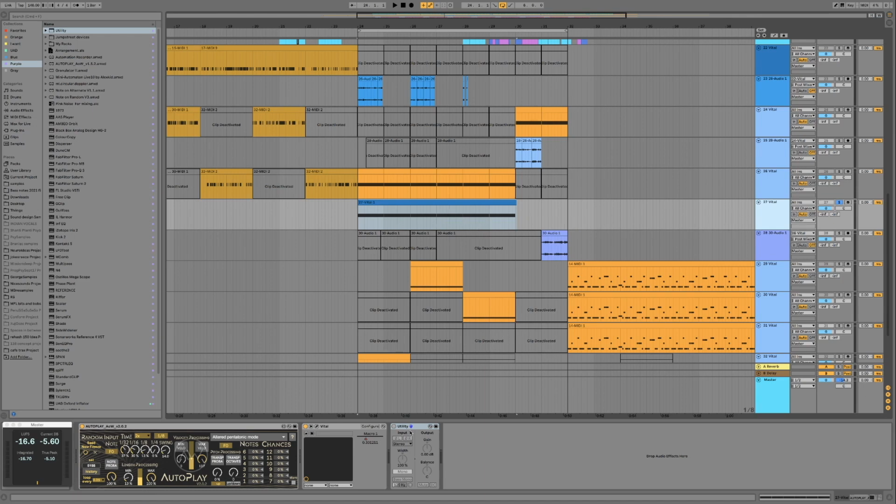Okay, so now let's listen to that lead again, but with this monoizer on. And without. Okay, so you'll notice that when monoized, it doesn't destroy the sound. There's no sort of phasing artifacts, and it pretty much sounds just the same as it does when it's wide,